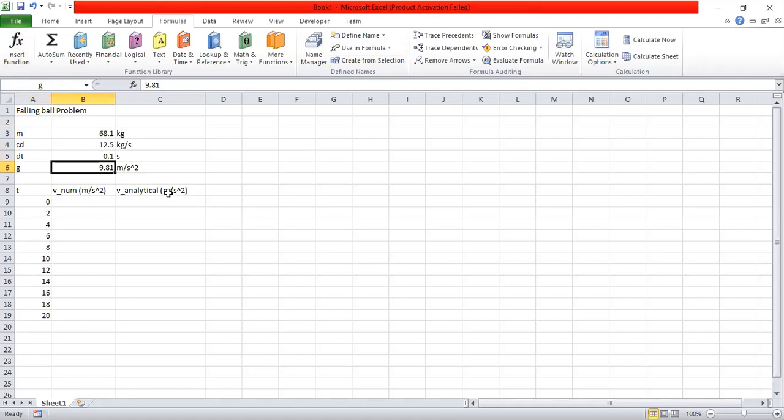Then when we do that, we do the analytical solution. So in order to verify the analytical solution for this, when t is equal to 0,